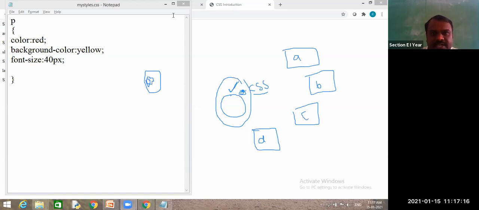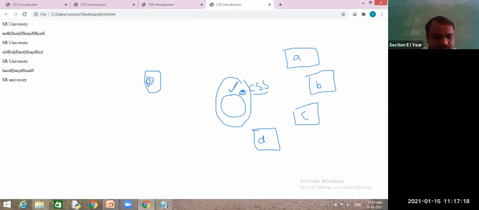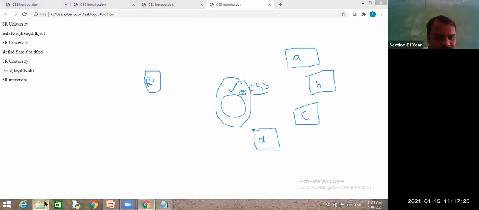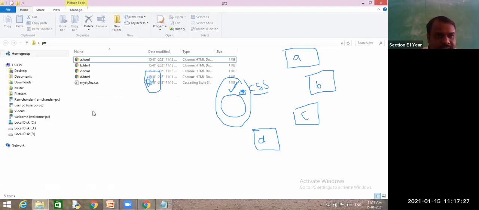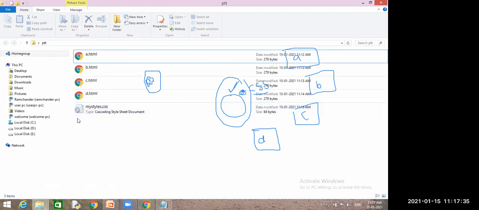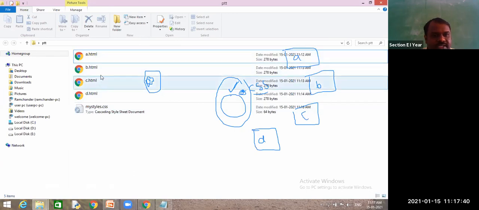Let us check whether it will display or not. For that, we will go to our program, not this one. Here, can you see mystyles.css with the gear symbol? Yes. This is the CSS file. This is abc.html.